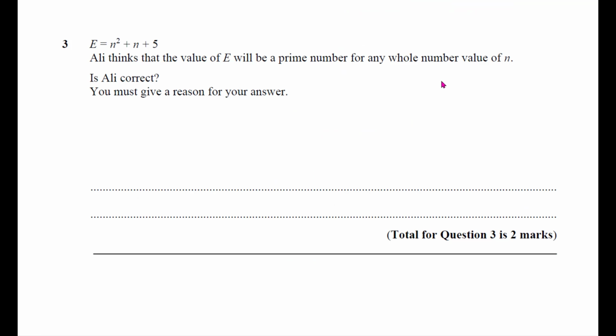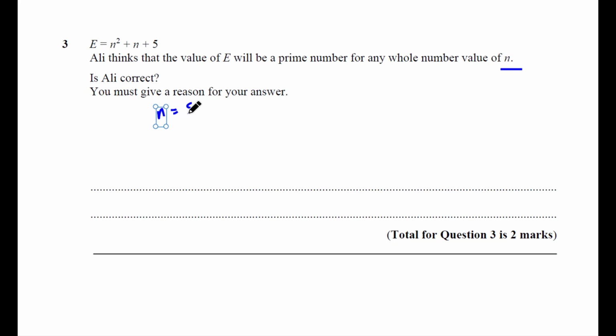Right, here's question 3 now. Ali thinks that the value of n squared plus n plus 5 will be a prime number for any whole number value of n. Sometimes they might use the word integer. Is Ali correct? You must give a reason for your answer. So the best thing to do is just to substitute numbers for n. So let's choose